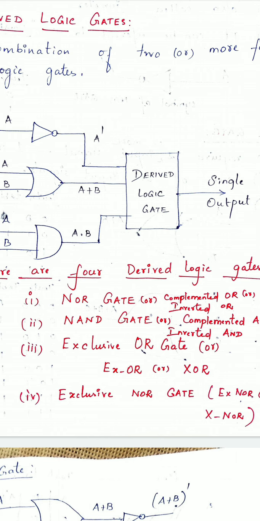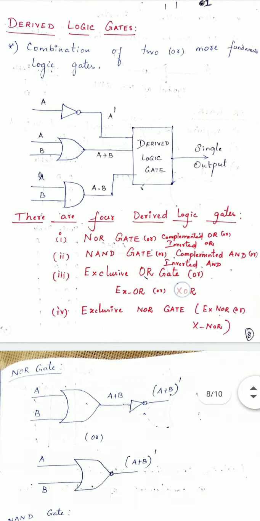Okay. And next one is exclusive OR gate. So definitely you may have some addition operation in this. So this actually requires a combination of OR gate, AND gate and NOT gate. By using this you could construct exclusive OR gate. Next, exclusive NOR gate. This is actually a negation of exclusive OR. Okay. So XOR the whole dash is equal to XNOR. So now hope you understand the definition of all these 4 derived logic gates.